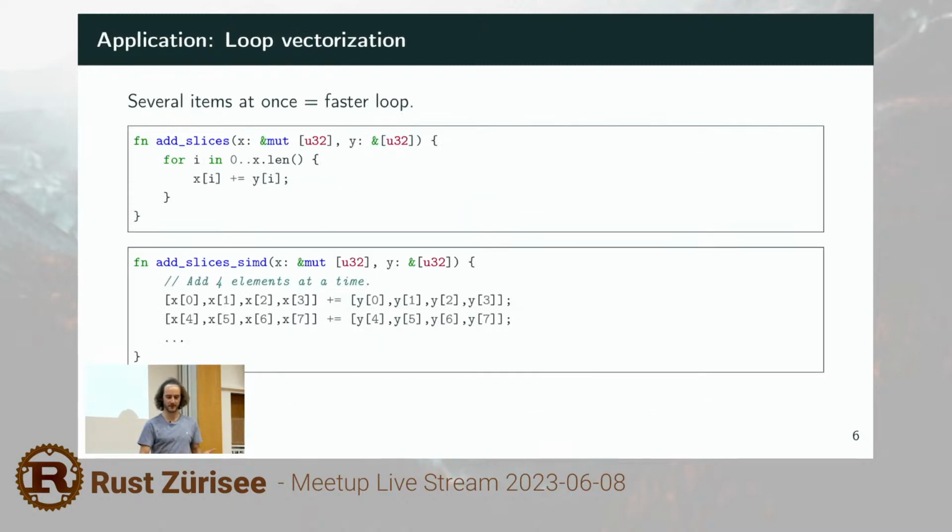So these are the building blocks that we got from SIMD, and then another question, what can we do with them in terms of algorithms? And why is it faster to use them? The primary example is a loop, and it's called loop vectorization. So you take 2 arrays or slices here in Rust, and you want to add elements of one into the other